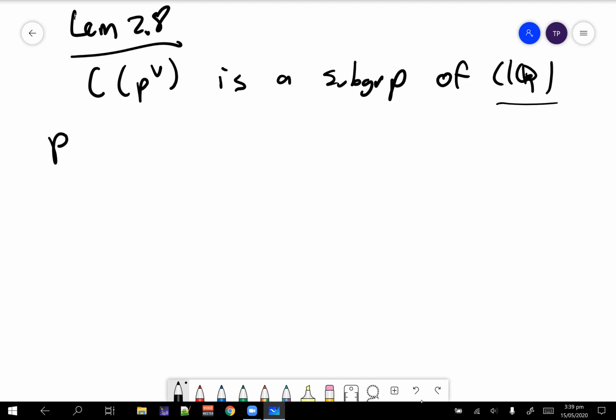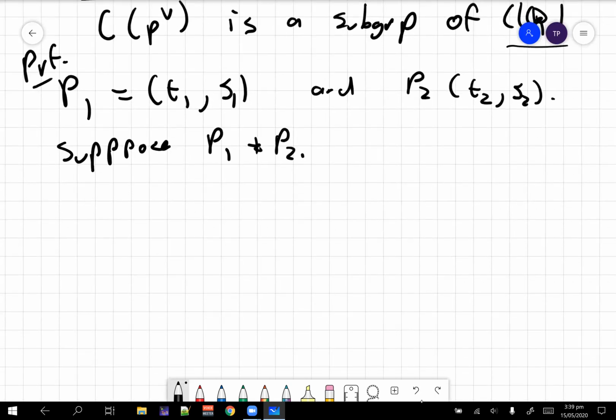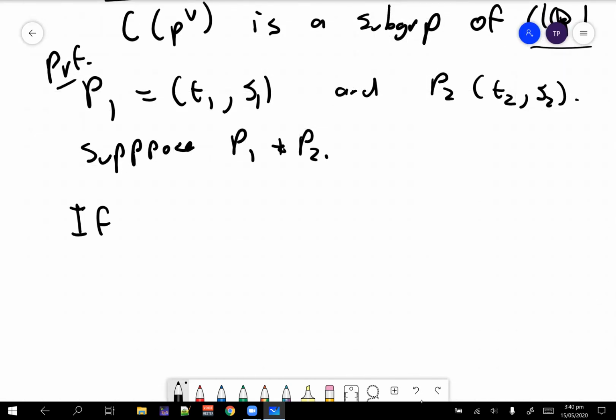Proof: let P1 be given by (t1, s1) and P2 be given by (t2, s2). And first of all, suppose these are distinct points. That means we aren't doubling the points yet. Then we consider cases. If the t coordinates, the first coordinates, are the same, t1 equals t2, then the third point of intersection will be